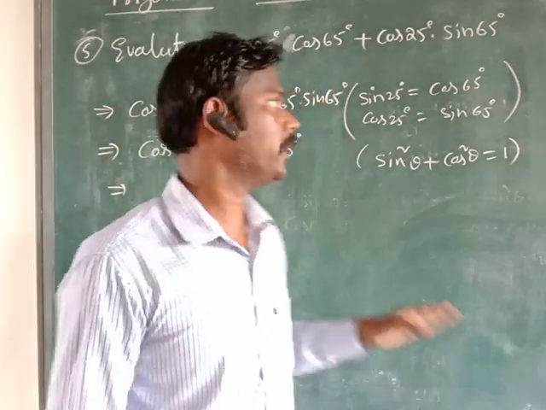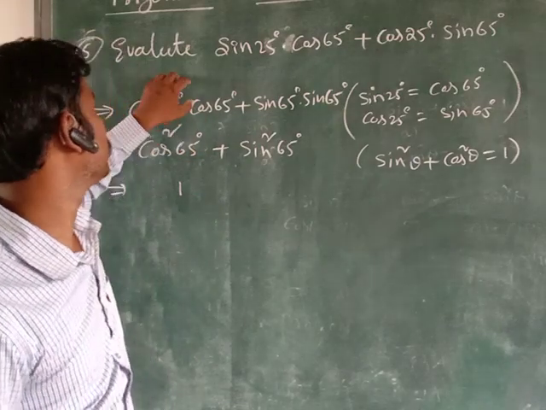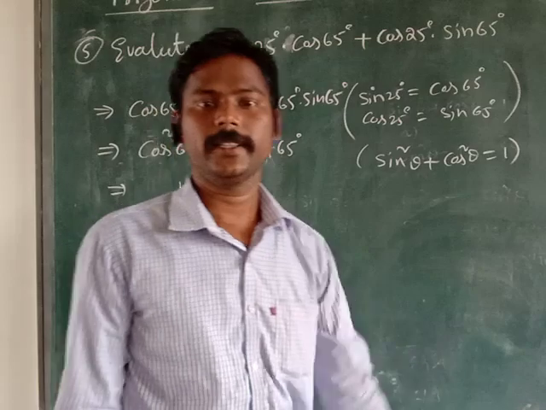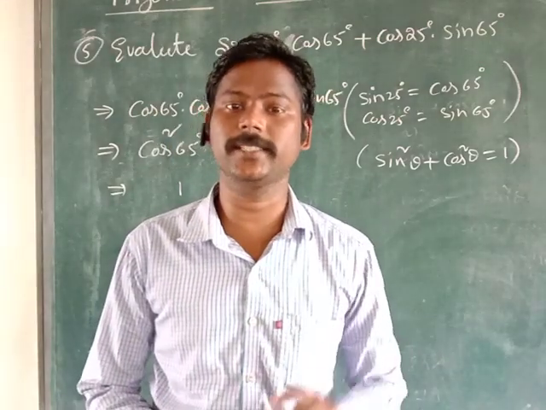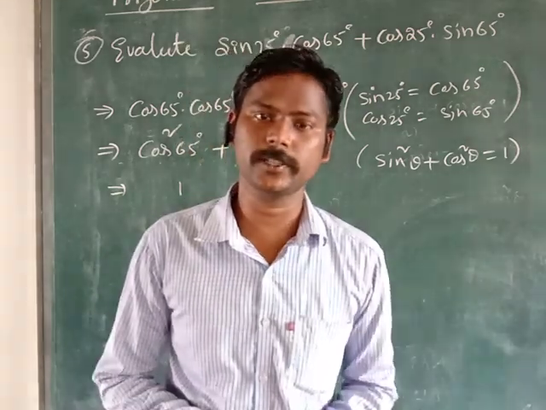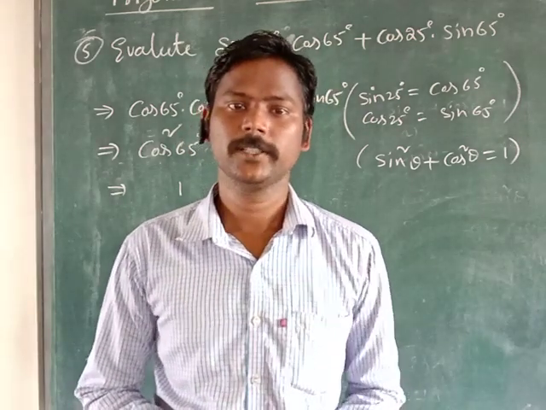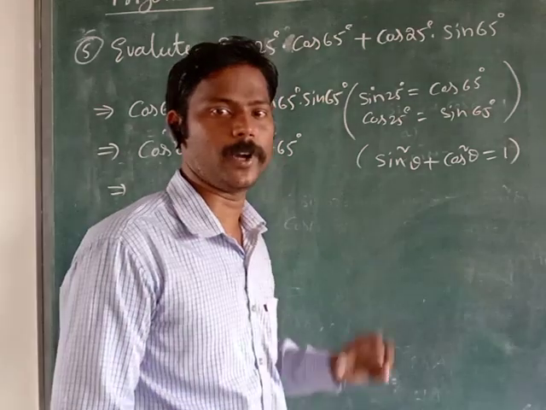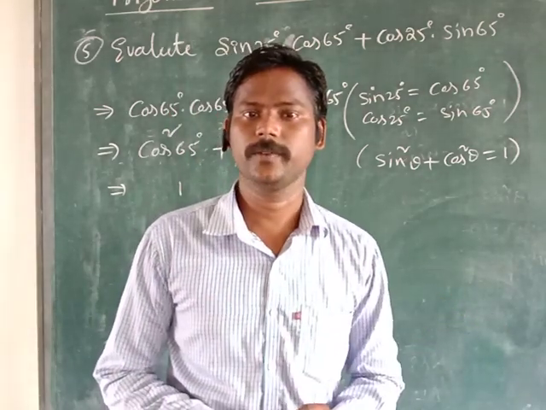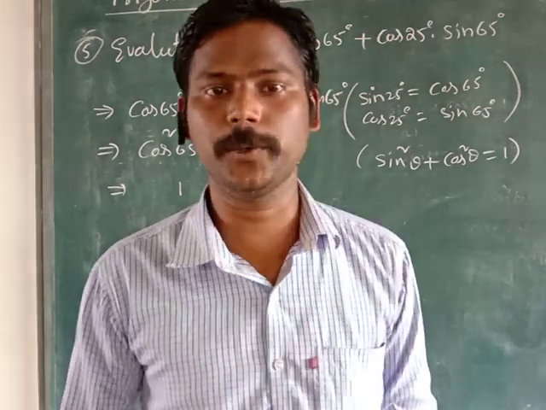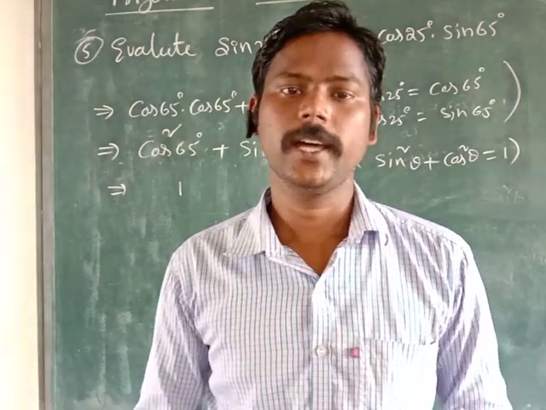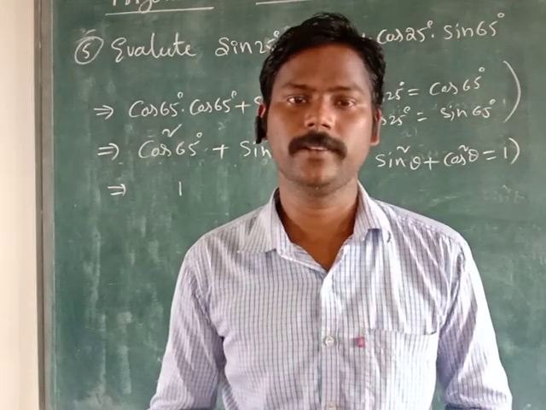Understood? So for any type of these problems using trigonometric identities, you must remember the 3 trigonometric identities and their results. Results means, if you transpose the trigonometric ratios also, you can know the formula. So without the formulas, you cannot do this type of problems. Understood? Clear, children, all of you? Okay. You can watch the video 2-3 times and observe how I solved it, and you can do the remaining problems. Okay. Thank you.